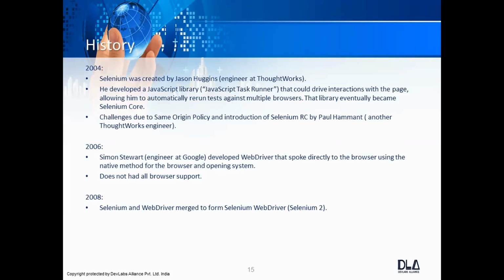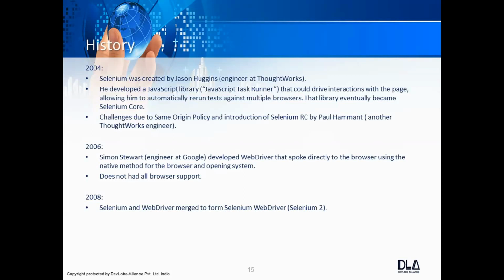What that server did was trick the browser into believing that the Selenium code, that JavaScript code, and the web application under test were both from the same domain. The name he gave to that server was Selenium Remote Control. In short form, we call it Selenium RC as well.